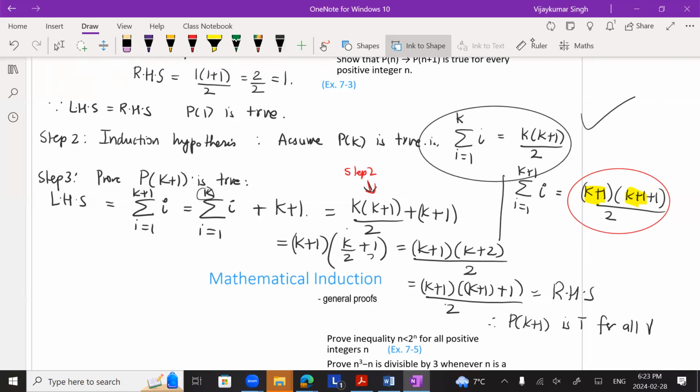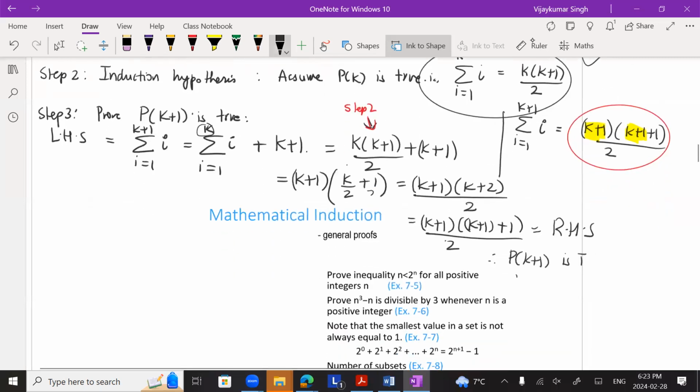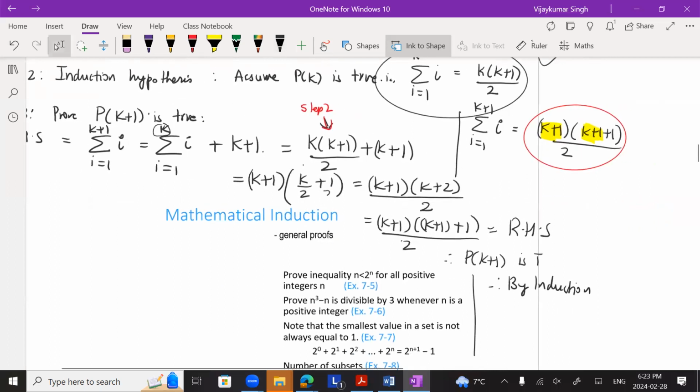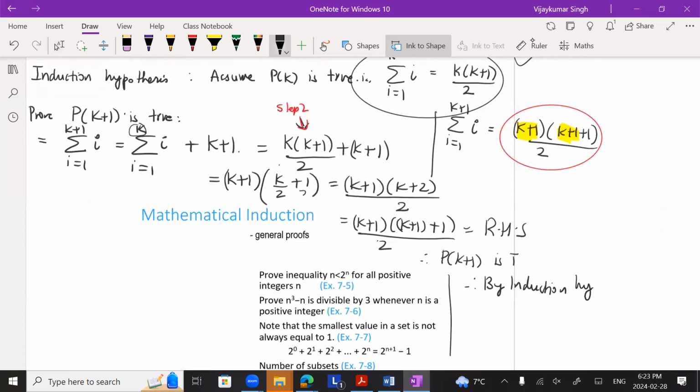Pk plus 1 is true, I mean, therefore by induction hypothesis, Pn is true for all n in